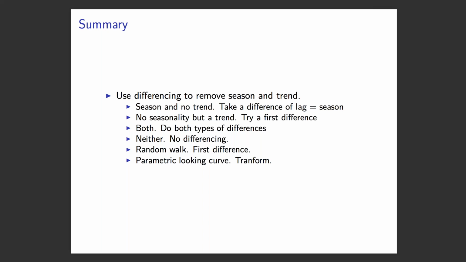And then if it's something parametric looking, then some type of transformation, like a log transformation, is typically what you use. And if it's, as I said earlier, something that looks really wonky, then you're in the territory of ad hoc. What about